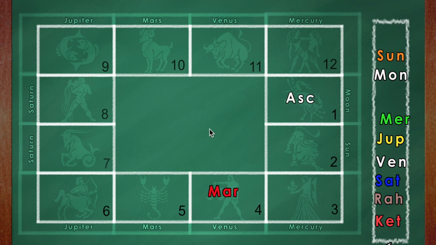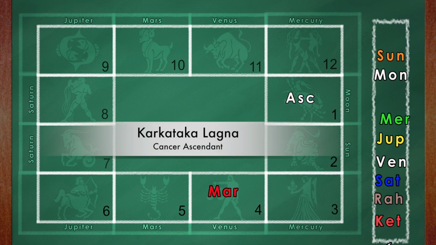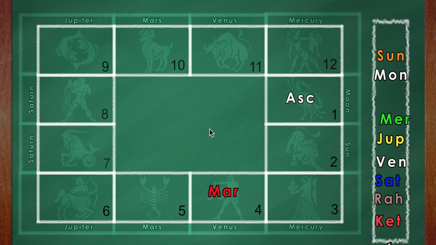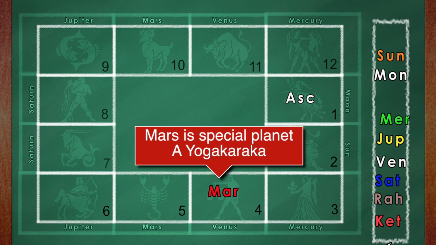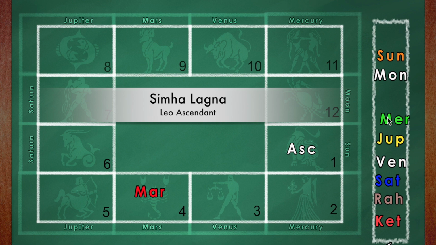This is another instance of Mars being in the fourth house, but this Mars is somewhat mellowed down, softened up a bit because he is occupying the house of natural benefic Venus. And not only that, this Mars is good because for a Karkataka Lagna person like this, as shown in this horoscope, which is Cancer ascendant, Mars is supposed to be a Yoga Karaka, and the Yoga Karaka sitting in the fourth house is welcome. This is another example of Mars in the fourth house.